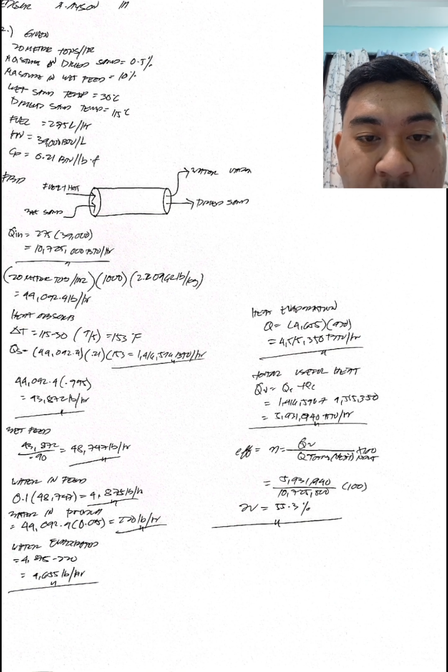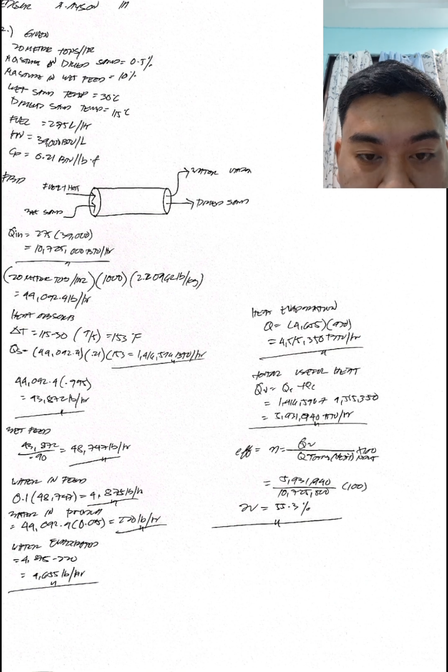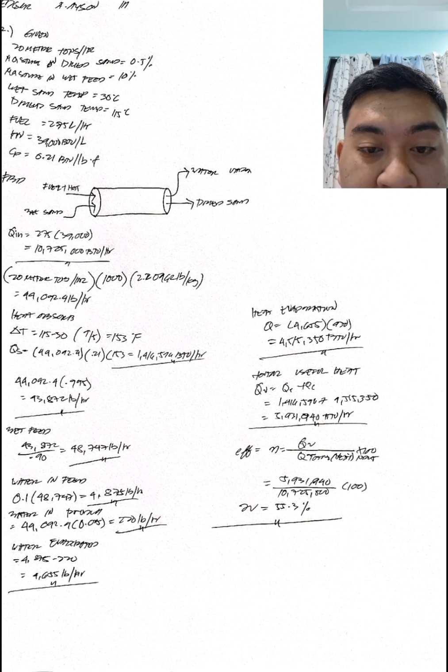So the heat required for evaporation is 4,655 multiplied by 970, so the answer is 4,515,350 BTU per hour. So the useful heat is the sum of the heat absorbed by the sand and the heat used to evaporate moisture. Therefore, 1,416,596 plus 4,515,350 is equal to